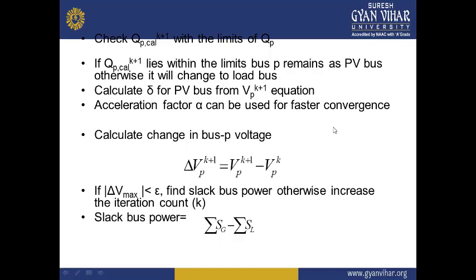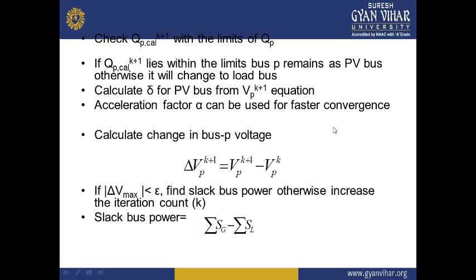should not be below the tolerance limit. If it goes below the tolerance limit, then we will see that the final iterations have been completed and the value of the voltage is finalized. And this tolerance value epsilon is defined by the user. It is not defined by the system or the algorithm, but it is defined by the user.